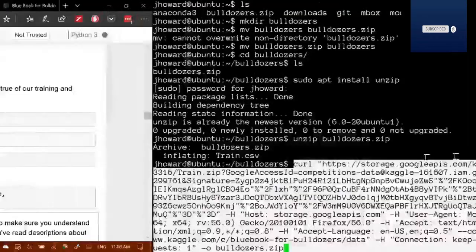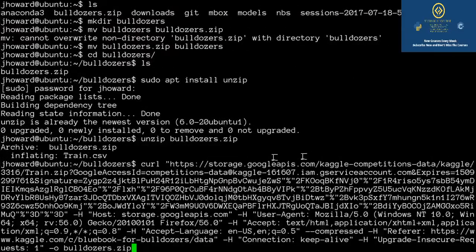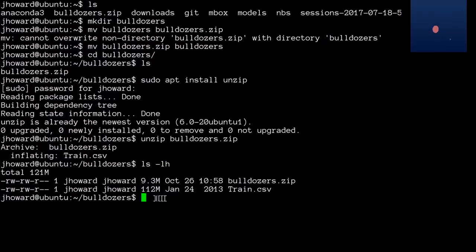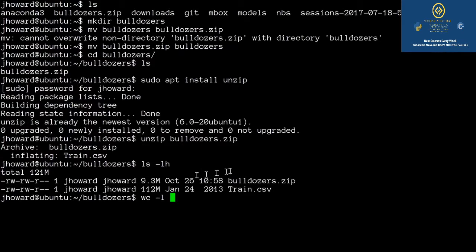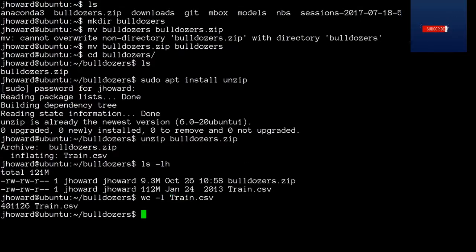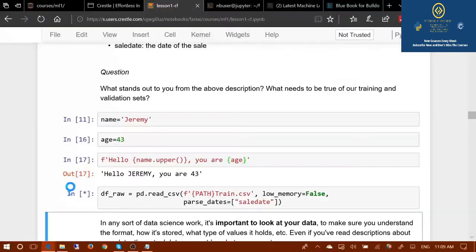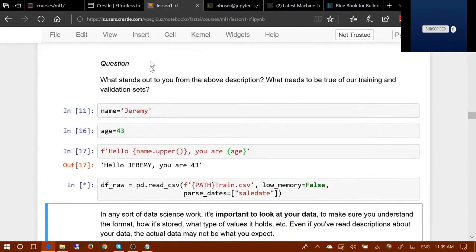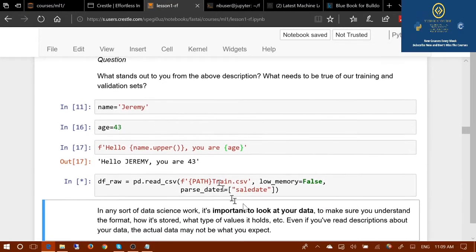So this file is 9.3 meg, its size in memory is 112 meg, and it has 400,000 rows in it. Okay, so it takes a moment to import it. But when it's done,